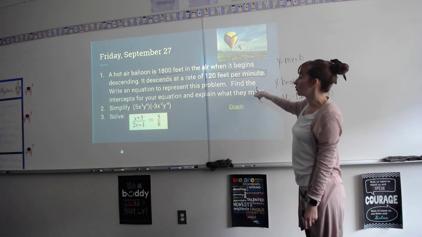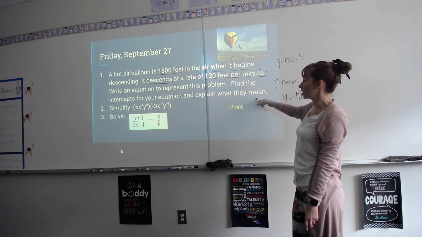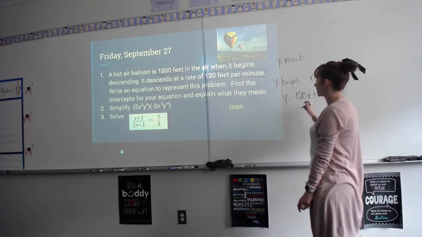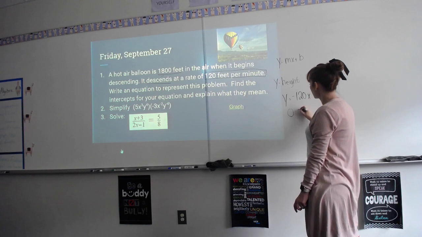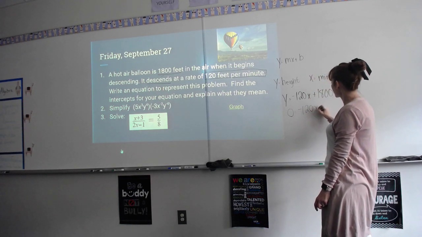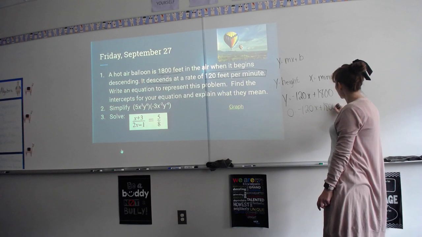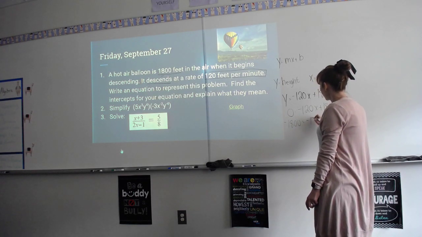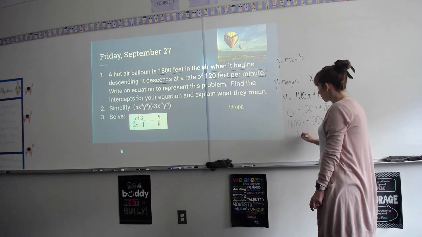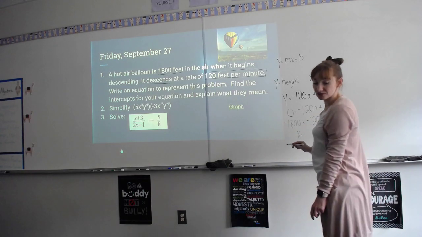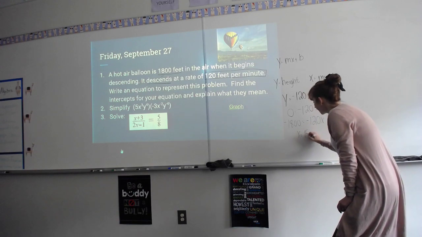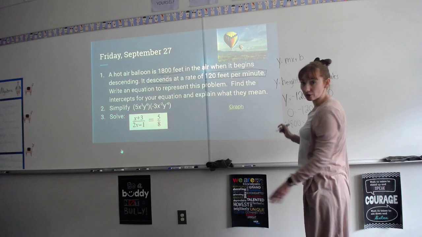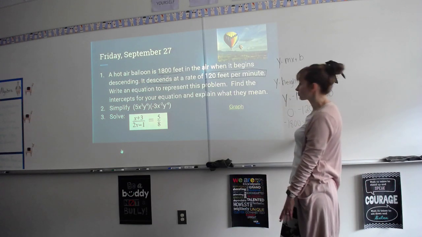We're also told that we need to find the intercepts for our equation and explain what they mean. In order to find our x-intercept, remember we just plug in a 0 for y. So now we have 0 equals negative 120x plus 1,800. And then we have negative 1,800 equals negative 120x. When we solve for x, we get positive 15 minutes. So what this means is the hot air balloon will be on the ground and be done descending after 15